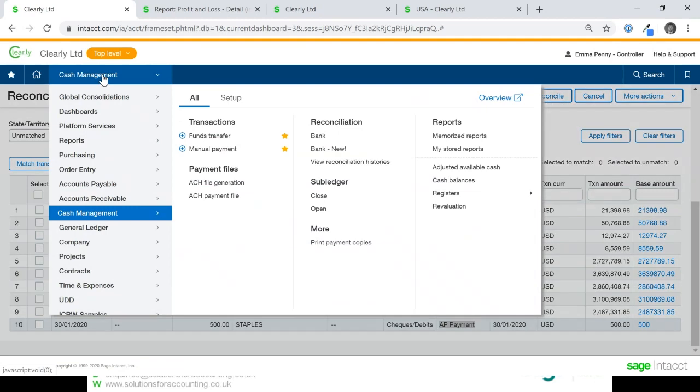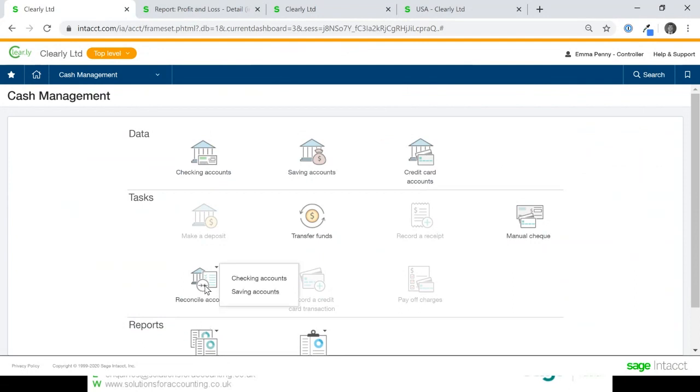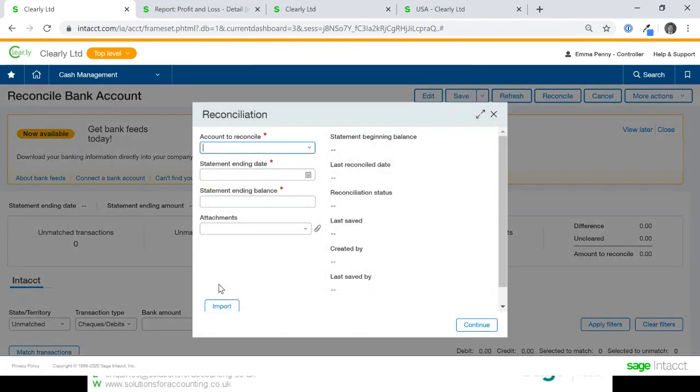You would notice when I began that process, there was the option to import. That's if you've not got a full e-banking system available to you because your bank doesn't support it yet. You can import a CSV file, and obviously there are different formats for different banks.